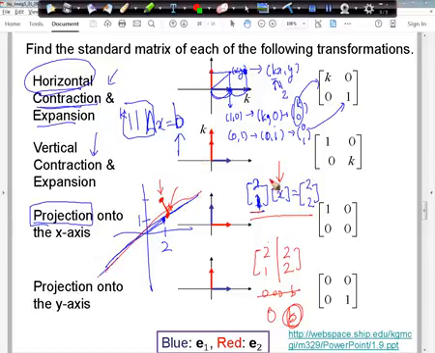But what if we have another column in A, and then our span of the columns of A will